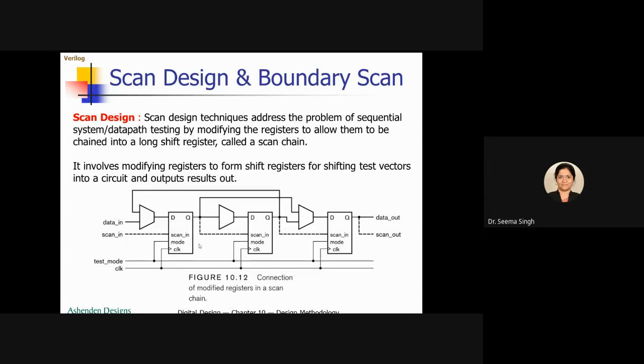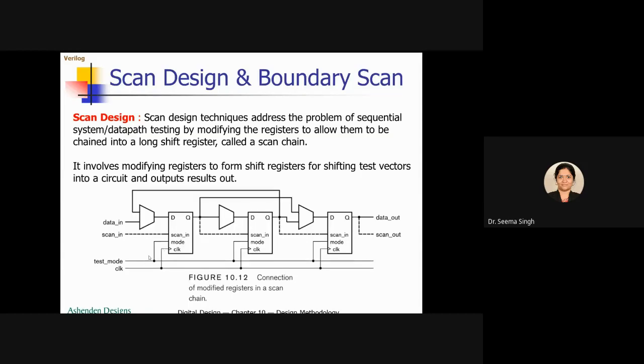So how is the modification done? You know that a D flip flop has an input of D, Q and clock only. An extra thing has come as scan in and mode. The mode will make it test mode. If it is test mode, it will not take the data in here, it will take the data as scan in. If it is not in test mode, meaning mode is 0, then whatever data you give in, that only will go out, and it behaves as a simple D register. But if scan mode is high, then it does not take this data in the register, it takes the scan in data.